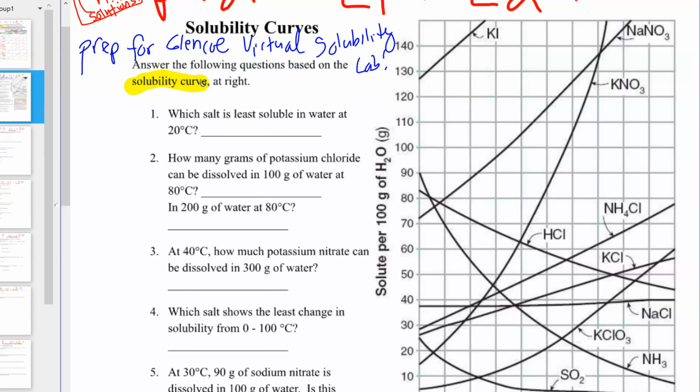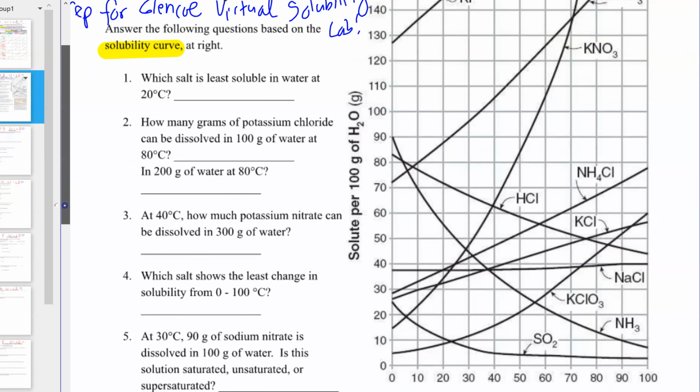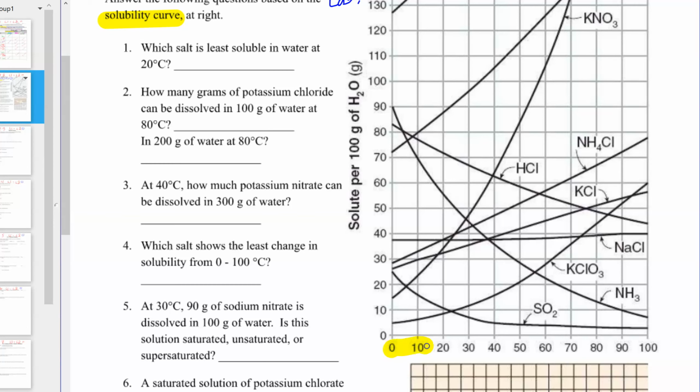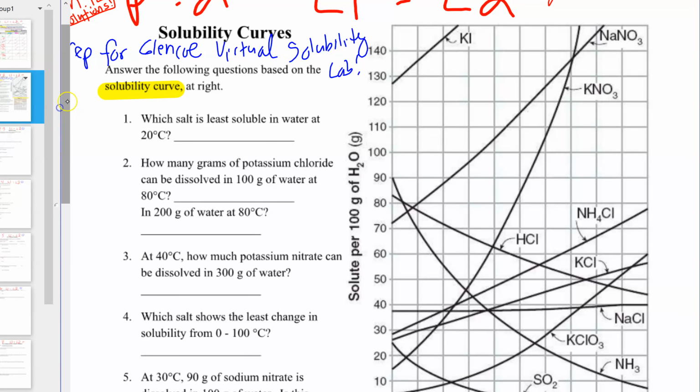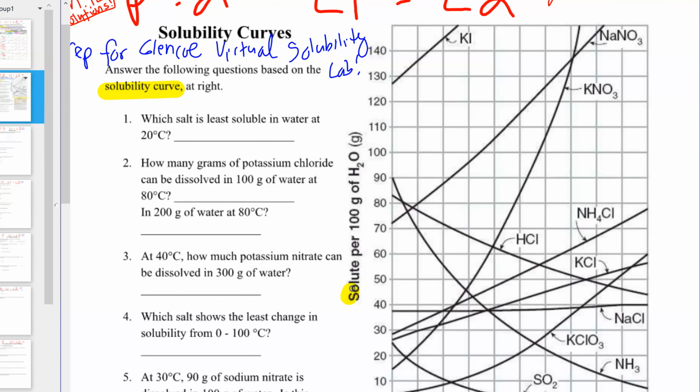Okay, so this new thing is called a solubility curve. We've got a chart over here, and let's just break down what goes on each axis. On the x-axis, which got cut off on your page, this is the temperature. If you want to label this right now, this is the temp, and it's in degrees Celsius. So it goes from 0 to 100, so freezing to boiling. So the x-axis is temperature. And then the y-axis that we have right here, this is the solute per 100 grams